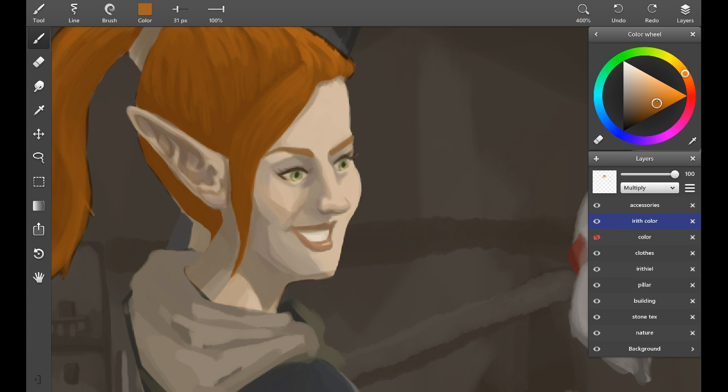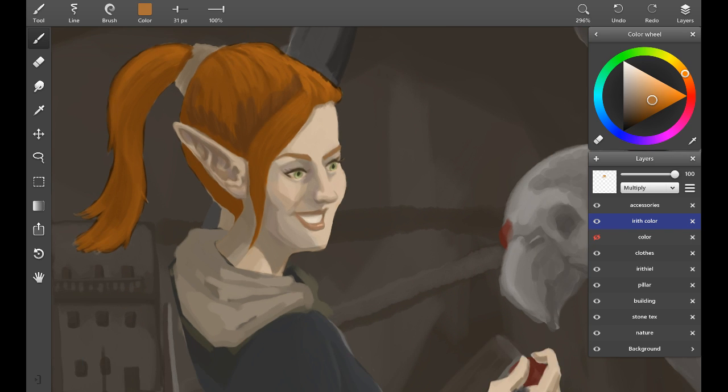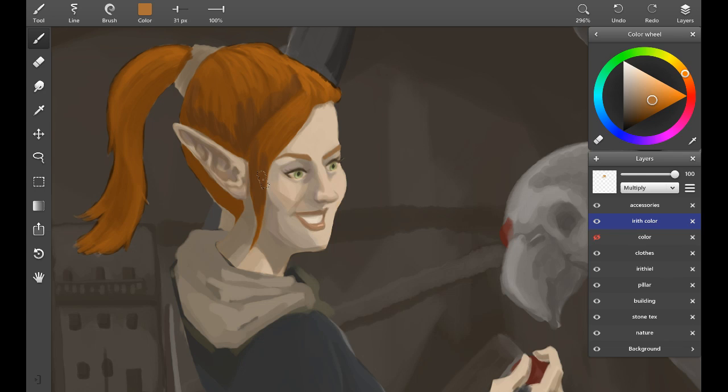I'm going to add some more shadow to the hair, I think. Just add some variation. This side of the face is in shadow, so